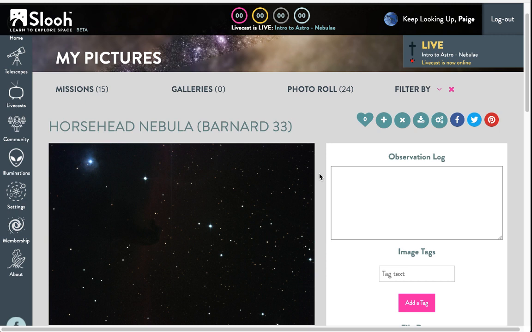In contrast to the hot emission nebulae, absorption nebulae are among the coldest places in the universe, ranging from roughly 15 to 100 Kelvin, which is colder than many of the coldest planets.